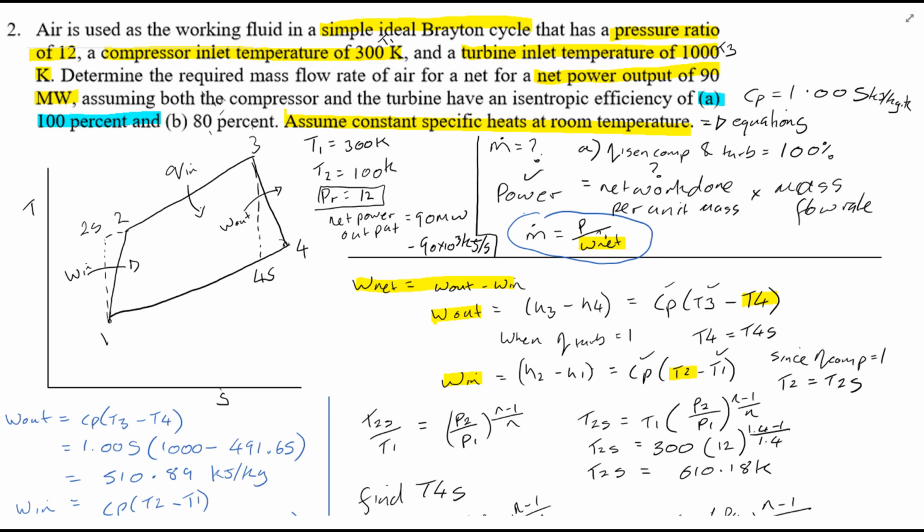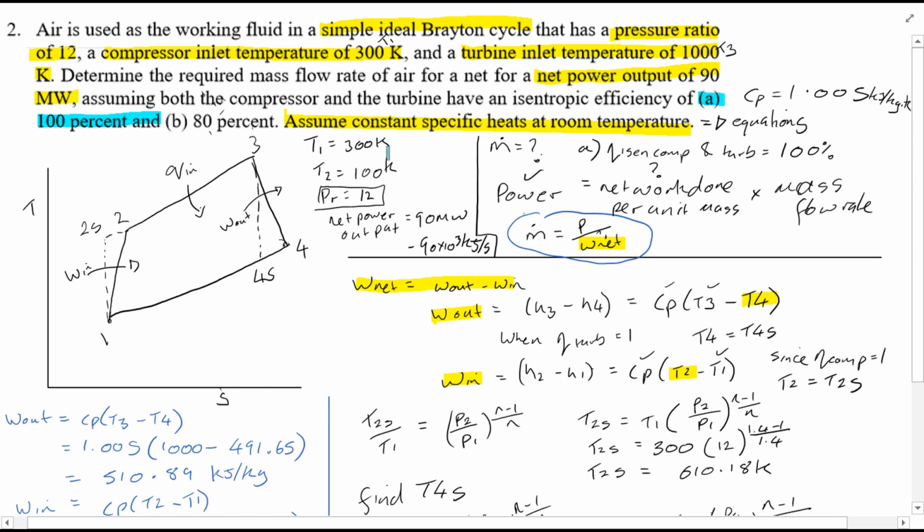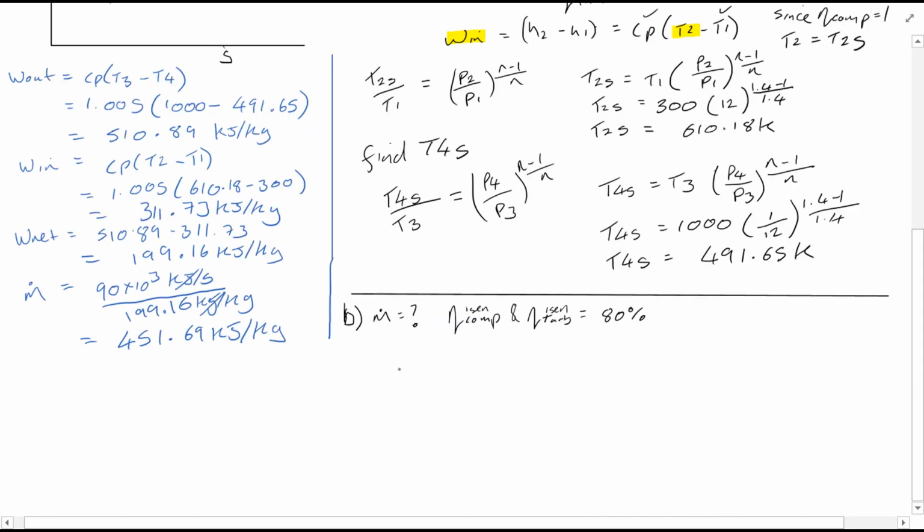Having found the mass flow rate for an isentropic efficiency of both the turbine and the compressor of 100% for part A, we're now asked to find the mass flow rate for an isentropic efficiency of 80% for both the turbine and the compressor. So we need to recalculate this value of W net. So W net is equal to, which is then equal to,